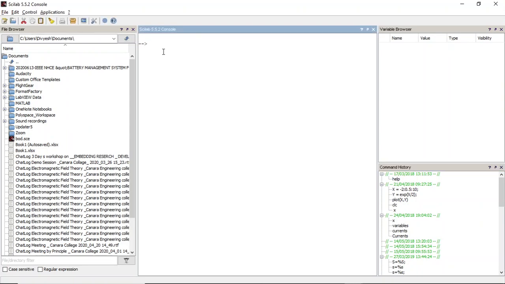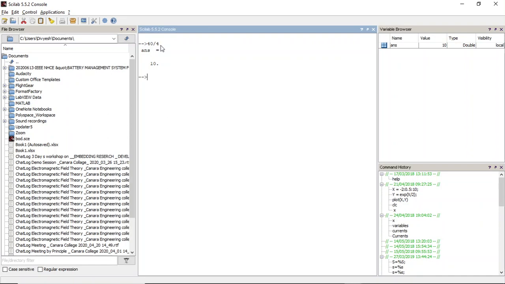That said, let us see a simple example. What will happen? See, I simply type 40 by 4. So what is the expected answer? 10. So I am getting it. Now you can see here in the variable browser, there was nothing here, it was blank, and once I did this 40 by 4 calculation, now a new variable is created named ans. ans was created for answer because I have not assigned this 40 by 4 to any variable.